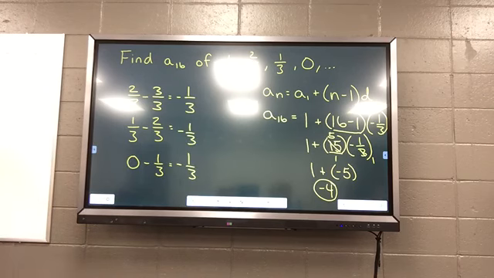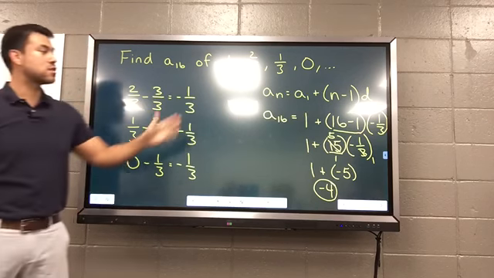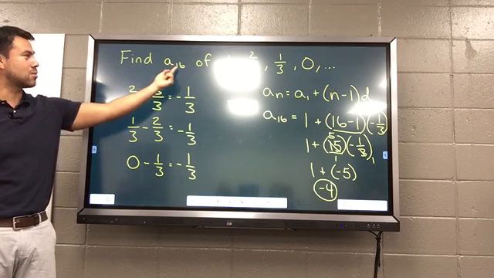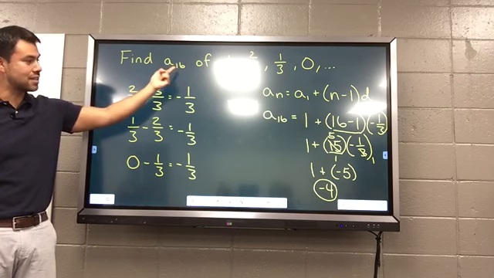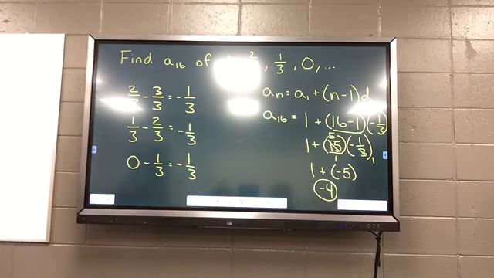So the first half of your homework, guys, find the next 4 terms. So use the other method. Don't use this. This can take a long time if you're doing it 4 times. If they say to find like the 20th or the 10th or the 50th, I'm using this method because I don't want to count all that way and get really, really close, but then get it wrong.